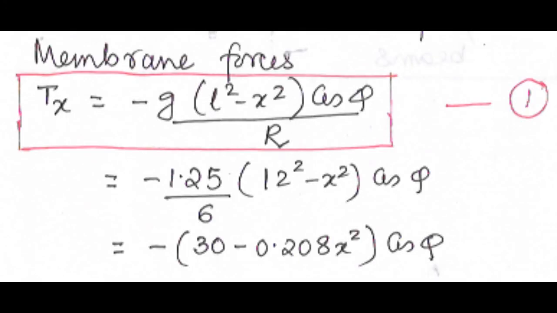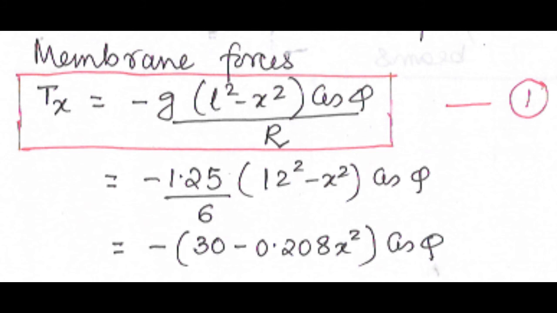In the last problem we solved for the case where the snow load is acting on the curved surface of the shell: how to find the membrane force, the maximum stress, the maximum bending moment. Now similarly we will solve this problem for the shell structure where snow load is not acting but there is only self weight. So due to the self weight of the shell, what will be the maximum stress and the maximum bending moment? How to find self weight, I have already discussed.